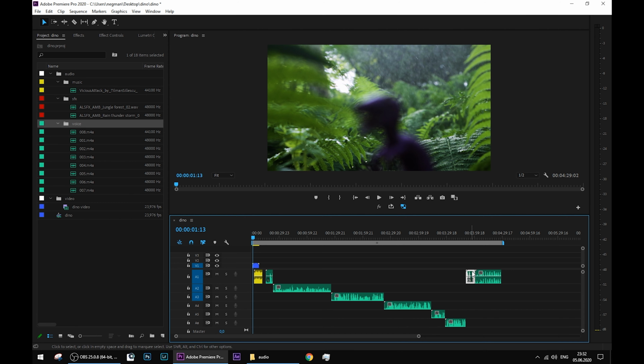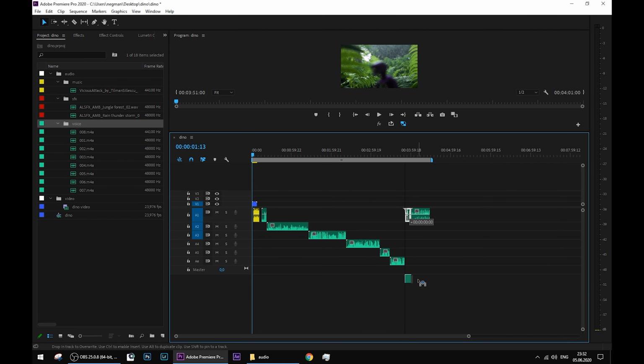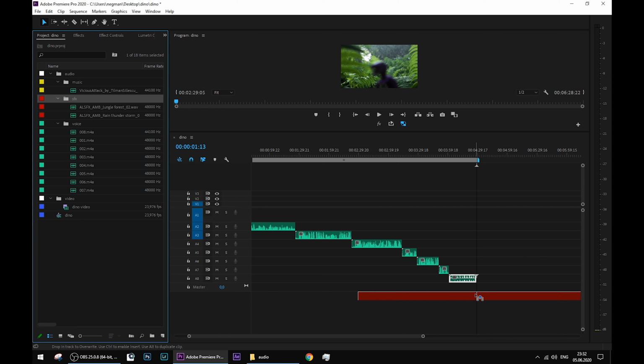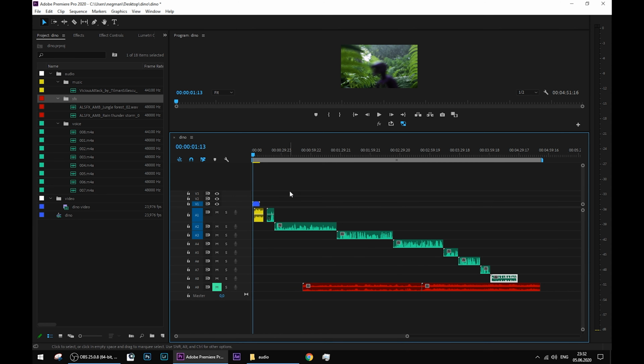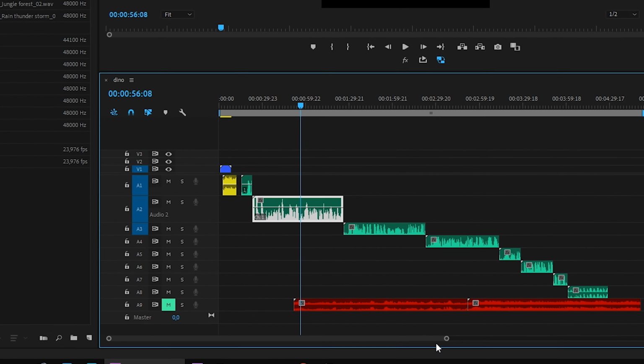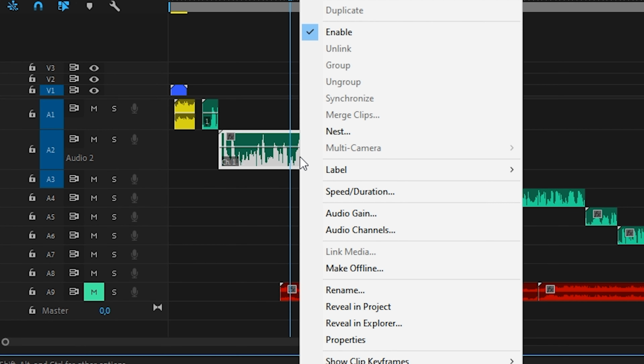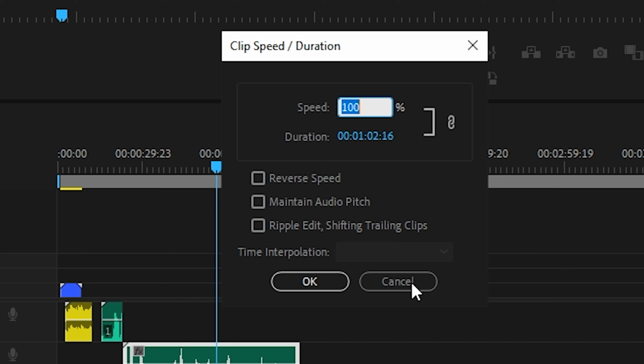There is only one major effect that will actually do the majority of the job and will help to obtain this dinosaur-like sound effect. Just right-click on the audio track with your voice and choose the Speed Duration option. And here's where we should be very creative. We may start with the value of 50% of normal speed, and then, depending on the effect we get, just tweak it as many times as we need.